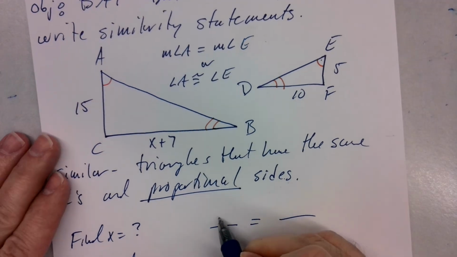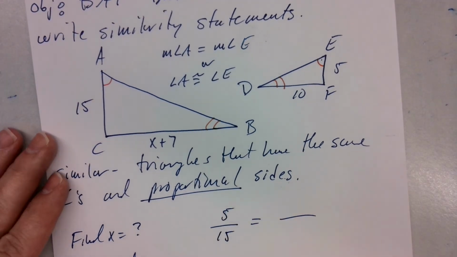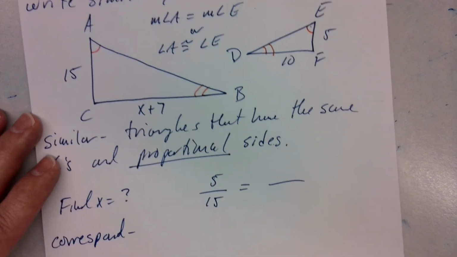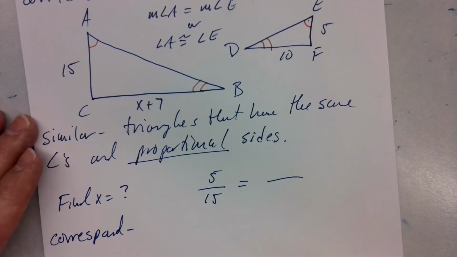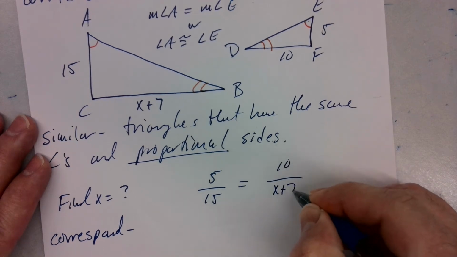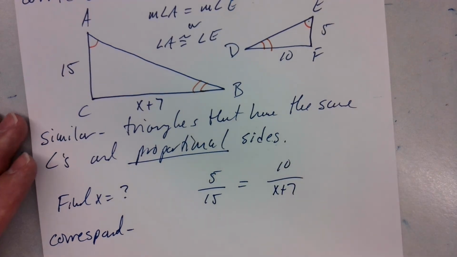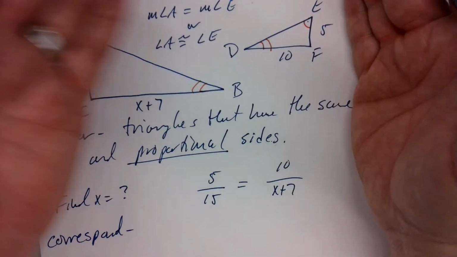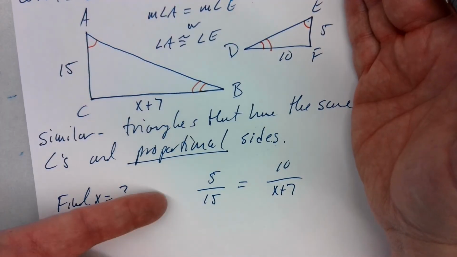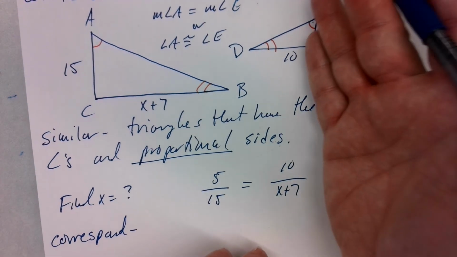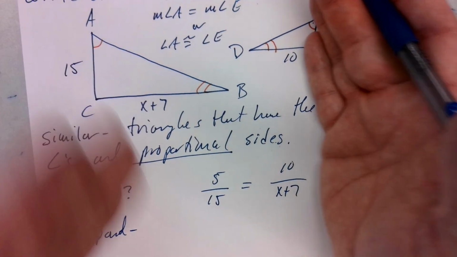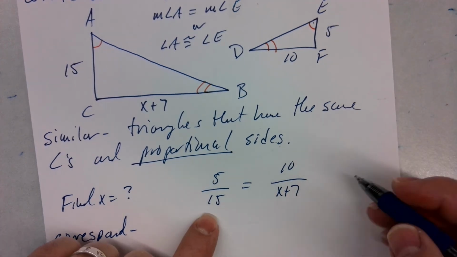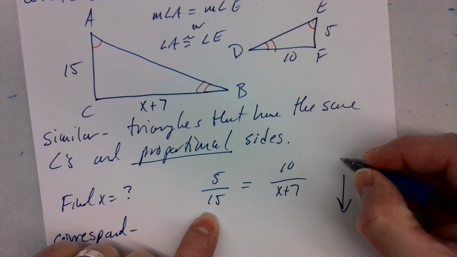So I could say, well, that's 5 over 15. Well, how would I set up my other ratio to make that work? 10 over x. Yeah, why's it got to be 10 over x plus 7? Exactly, right? So I'm taking this right triangle over my left triangle there. I've got to do the same here. I would use my right triangle over my left triangle, right? Now, once I set this up, this should be the same as